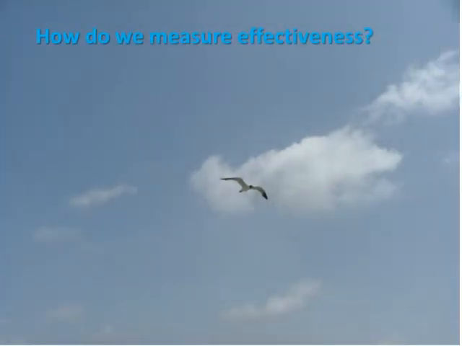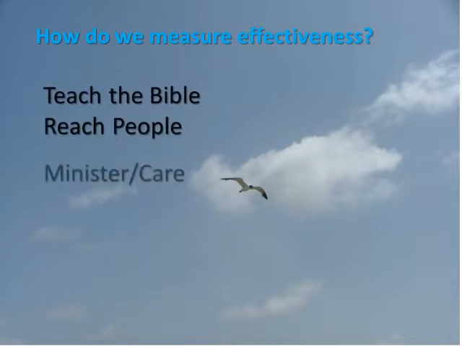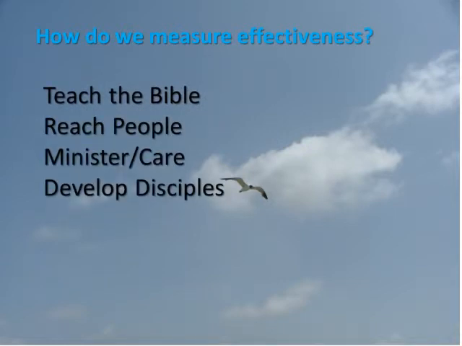Well, small group ministry is dynamic and fluid, much like clouds and birds in the air or the waves on the seashore. Small group ministries are designed to teach the Bible, reach, minister, and care, and develop the ones reached into mature disciples. Obviously, this is difficult to measure with accuracy. It is much like trying to measure the dynamic flow of clouds or birds in the air. So how do we measure effectiveness? You do it by observing and measuring results in behavior.